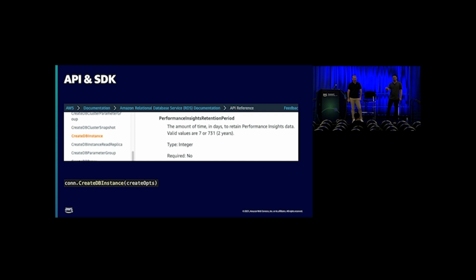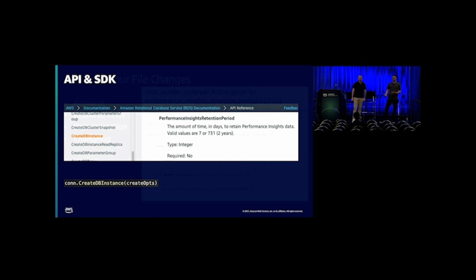And then I looked to see, does this parameter that's being requested exist in the API? Looking at the API documentation is helpful because it tells you what you should name this parameter, because we want to be one-to-one with the actual AWS API. It gives you a good description for your documentation. It tells you which values are valid for this parameter. So some attributes have hard limits on what you can actually put in there. That's what the valid values are. And then it also tells you whether it's optional and the type. So this is type integer.